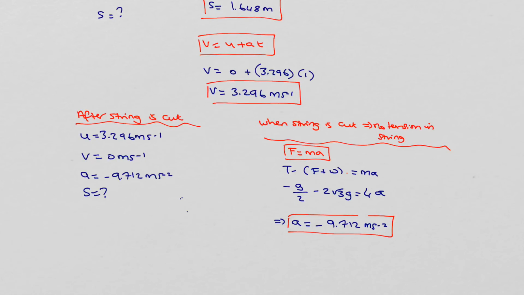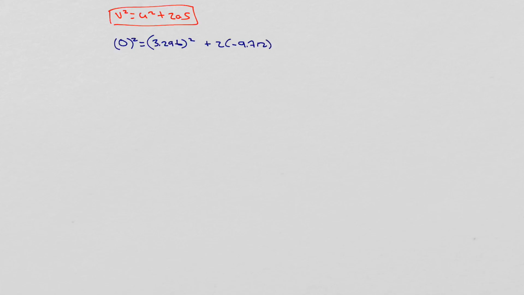So u, v, a is what we have, and we're looking for s. So clearly we're going to be using the formula v squared equals u squared plus 2as. So if I sub in my values, I have 0 squared is equal to 3.296 squared plus 2 times minus 9.712 times s. And if I rearrange that to get s on its own,